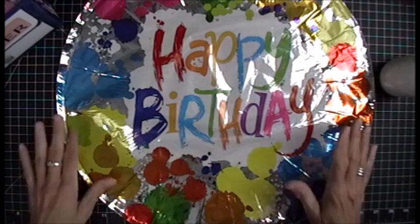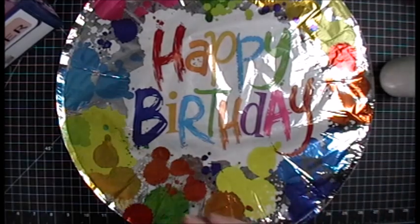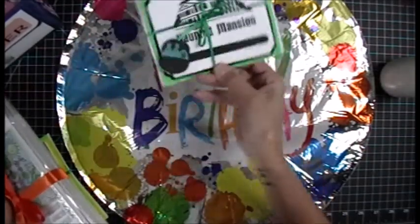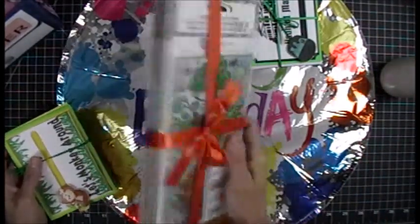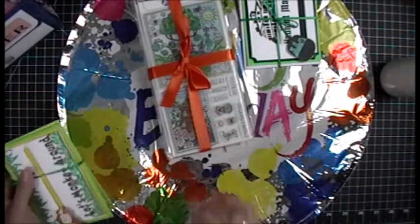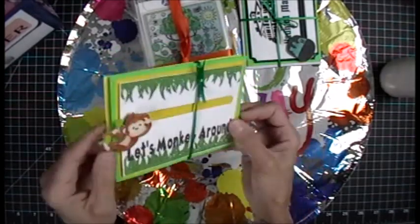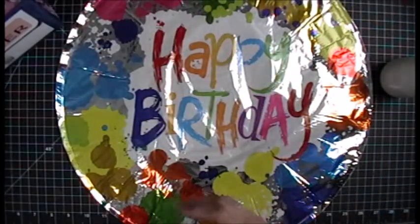Okay, with that being said, I'm just going to show you the last couple of days. I have to do it every day. So this is day 1. Go see this video, this is a giveaway. Look at that. This is giveaway number 1. This is giveaway number 2, the stamps from Dollar Tree. Then this is giveaway number 3. Look at that, there's 2. I actually put them backwards. Okay, this is giveaway number 3. And today's giveaway is